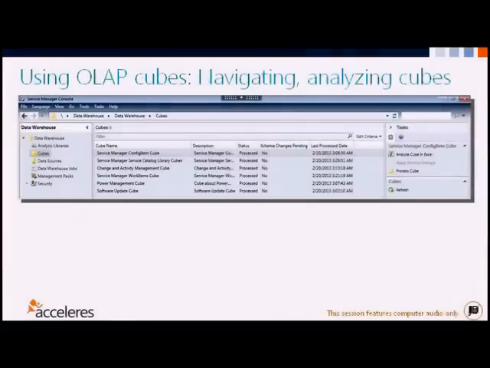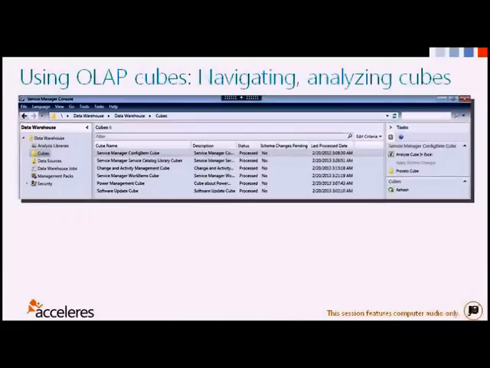So in terms of how we actually use these cubes, we can see them right in the console in the Data Warehouse workspace. We can get a list of the 6 that are out of the box here in this environment. And all we do to start running an Excel report on this cube, Microsoft's provided us with a task, you can see over on the right-hand side, I'll point at it here, to analyze the cube in Excel. So right from the console, if you have Excel installed on your computer, you can click on that task, and it's going to launch